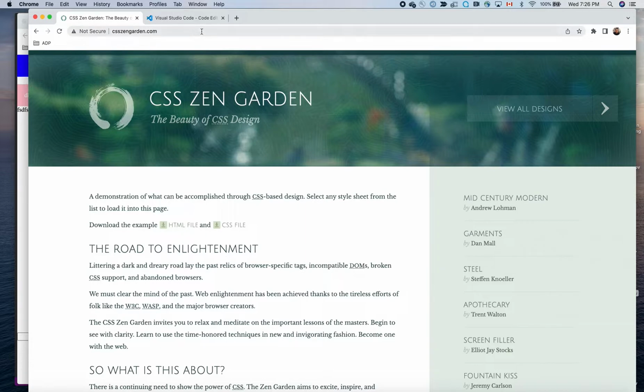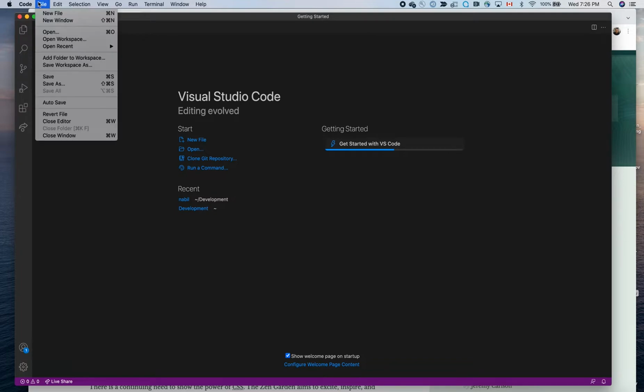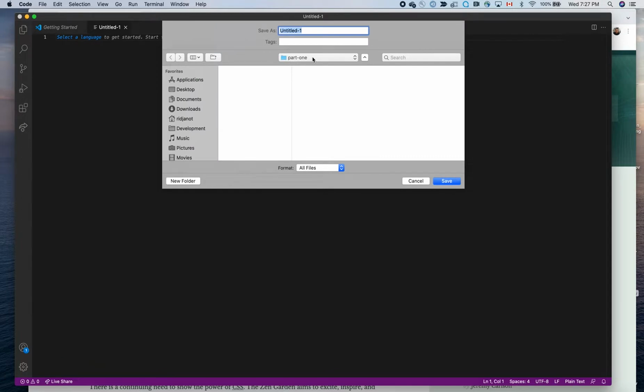All right, so the first thing you're going to want to do is go to Visual Studio Code and then go to File and then click on New File. And then you're going to want to save your document. I created a folder called Coding Course and then another folder called Part 1 in there. And then we're going to name our file index.html. The reason why we're naming it index is just a convention, because you could name it whatever you want, like homepage or whatever,